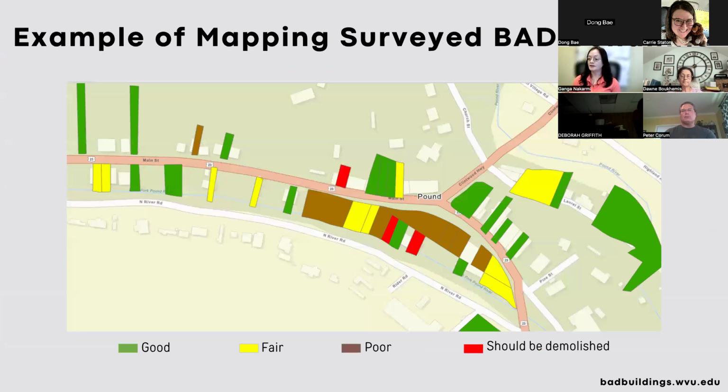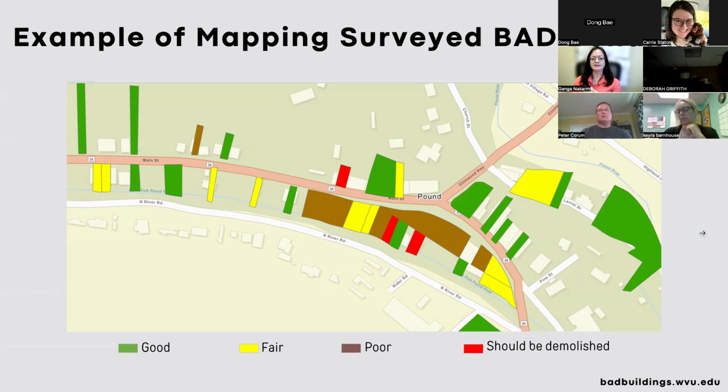This is how the mapping looks like after survey. And overall, mapping buildings gives a general overview of where and how these properties have been distributed in the community or survey location. So this is an example, and it also helps getting further insights about the property by overlaying other